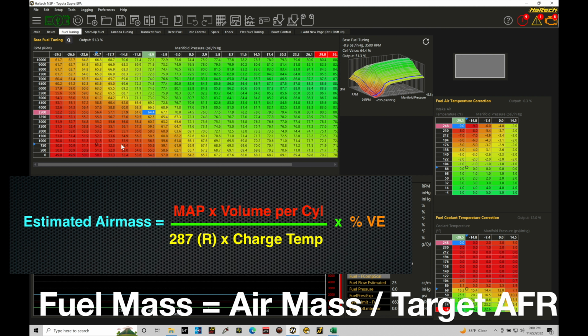So it's going to be MAP pressure times volume per cylinder. So we specify the engine displacement and number of cylinders. MAP pressure is coming from our MAP pressure sensor. We divide that by 287 multiplied by our charge temperature, and then we multiply all of that by this VE percentage. So the things that we have control over changing are going